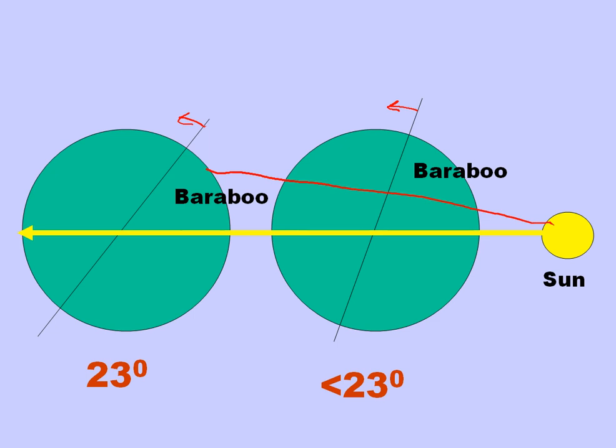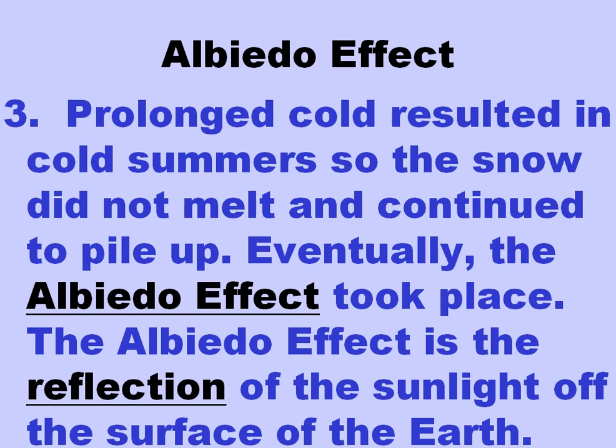And again, if you throw in the slightly more elliptical change in our orbit. There's one last thing I want to talk about, and that's the albedo effect. Now some of you might be saying, well, hey, I've seen albedo spelled A-L-B-E-D-O. I've seen it spelled both ways. So we're going to go with this way. And if you are typically used to spelling it the other way, I've seen it both ways in different books. So we're just going to go with this way right now.